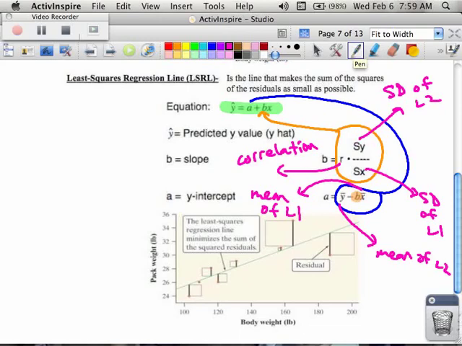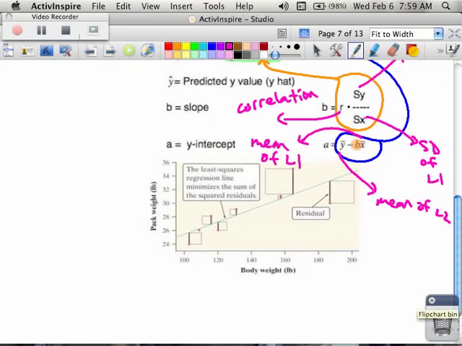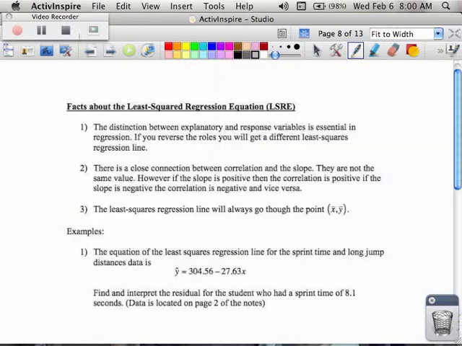That's the slope based on your correlation times the standard deviation of your y over the standard deviation of your x. So down below here is a picture explaining how the least squares works based on our previous diagram. And so what you'll see is we had our residuals, and then based on the residuals, they just draw a square. And they're saying that this space, when you add all that up, is the smallest possible. Now, you're not really going to be using that on the AP exam or on our exams as far as like a test question, but they're just trying to explain why they get it and why it's used. All right, on our next slide,